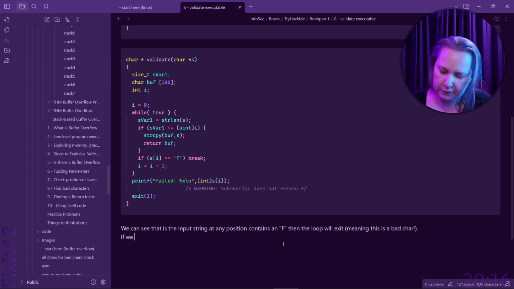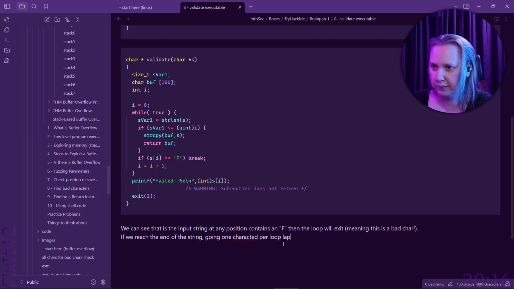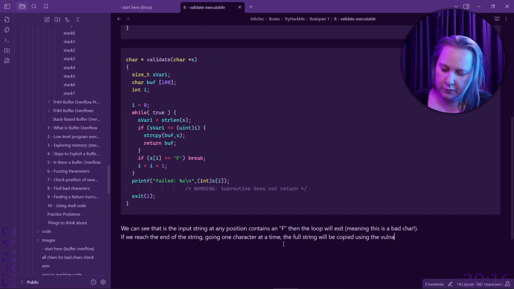If we reach the end of the string, going one character per loop lap, character at a time, the full string will be copied using the vulnerable strcpy, and then